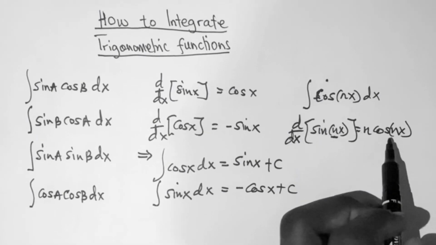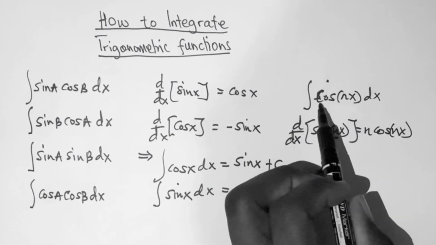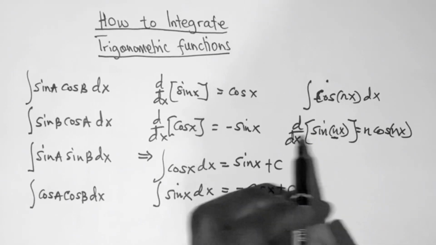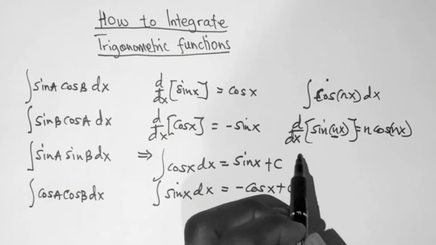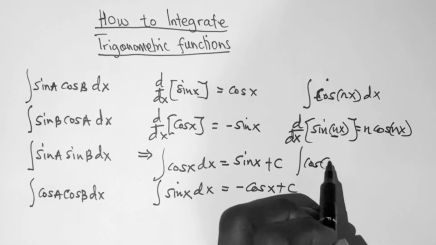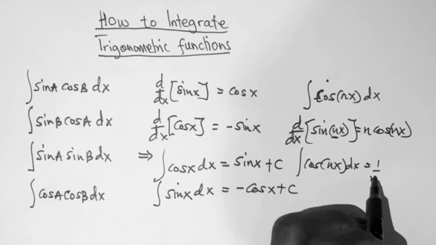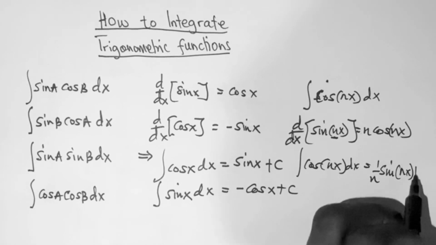So it means that to integrate cos nx, you divide through by n, and then the integral of cos nx dx is equal to 1 over n and then sine nx plus